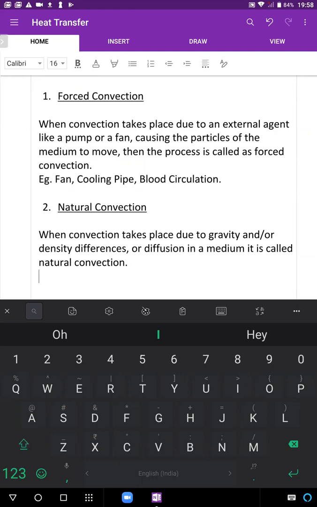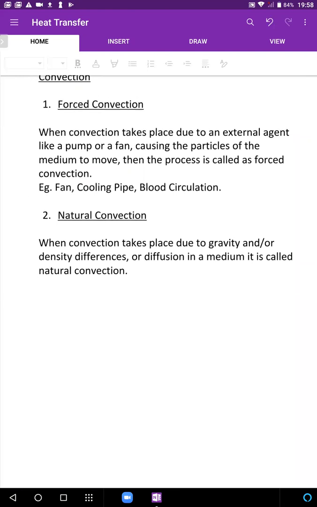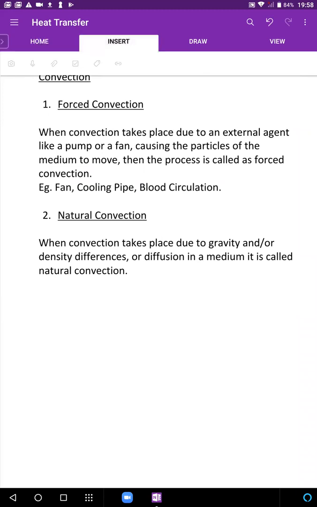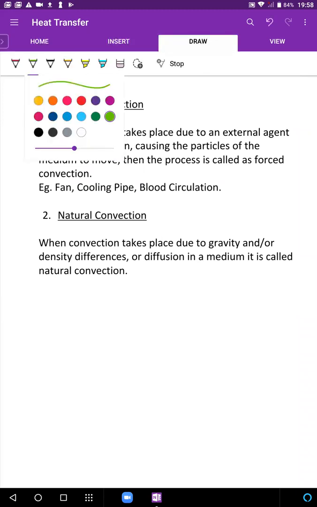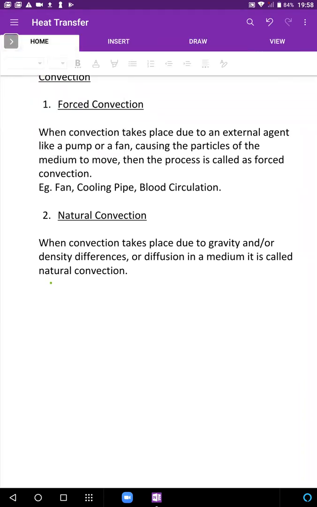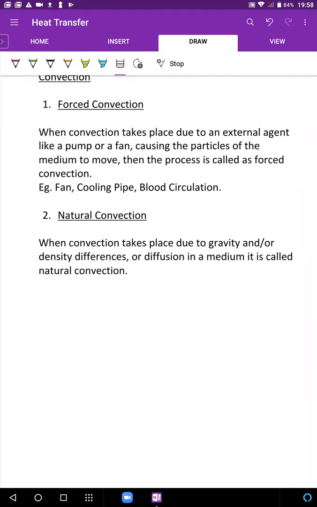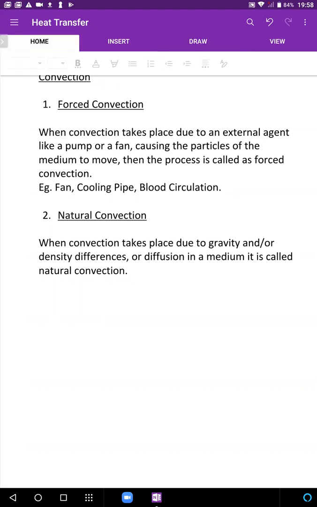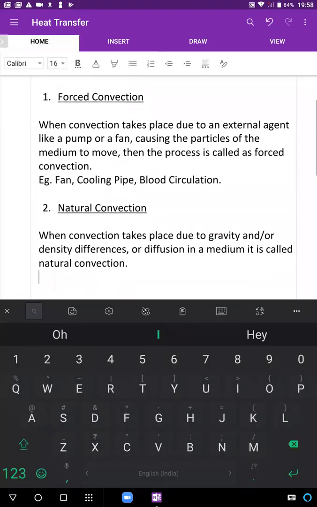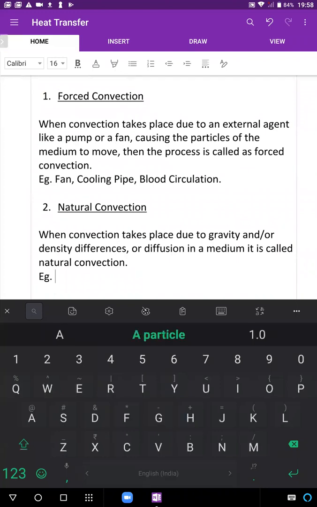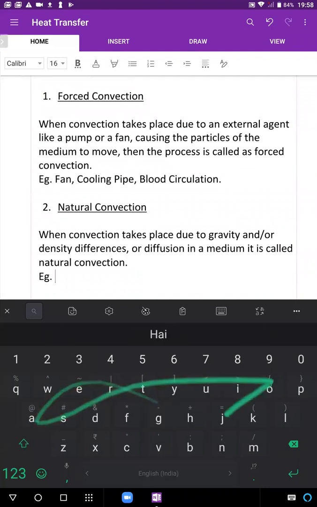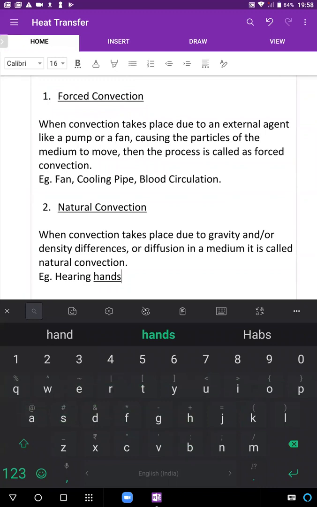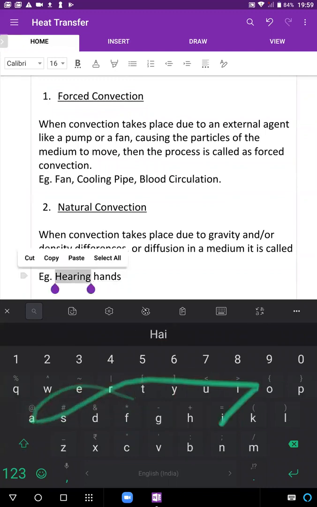So convection, let me explain once what really happens. For instance, let me explain once, okay? A little bit more detailed, not just saying it's because of natural reasons. Consider the example where we heat our hands over a flame. Heating our hands over a flame. Consider that example.